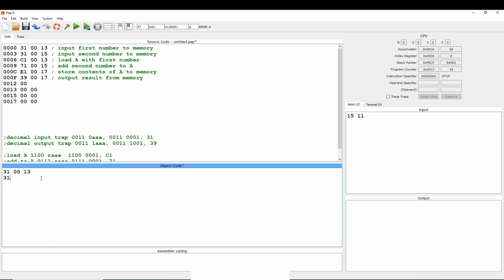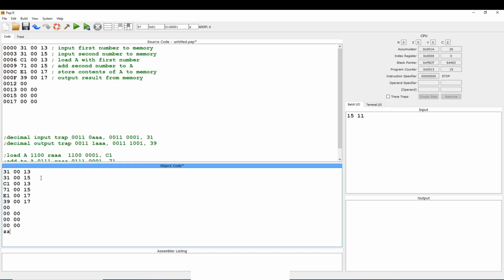And go down to my next line, and I can put my instruction on my next line down here. Now I'm done. I have to remember to put my lowercase zz at the end